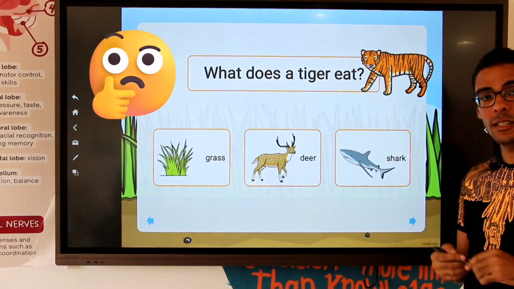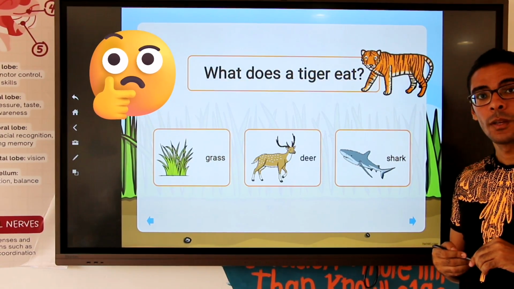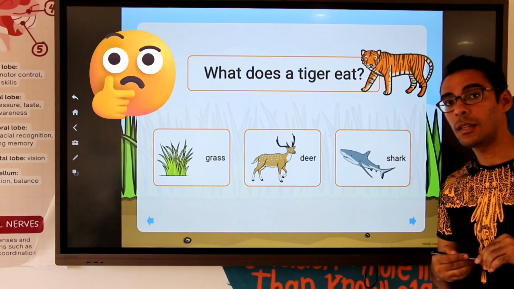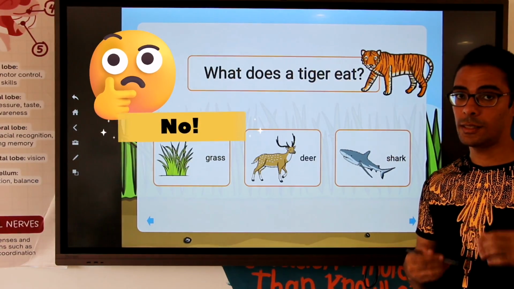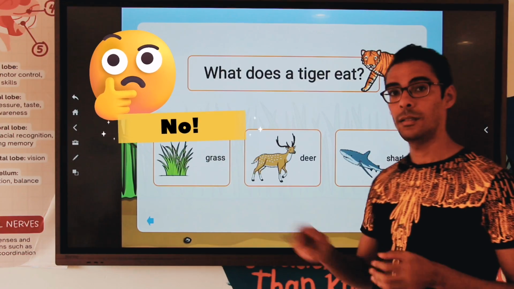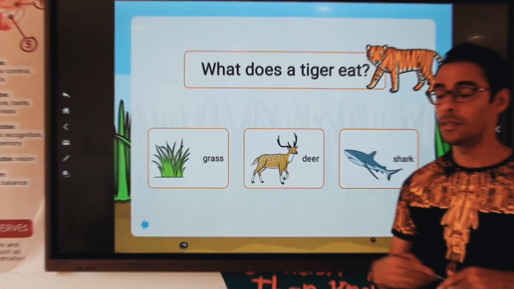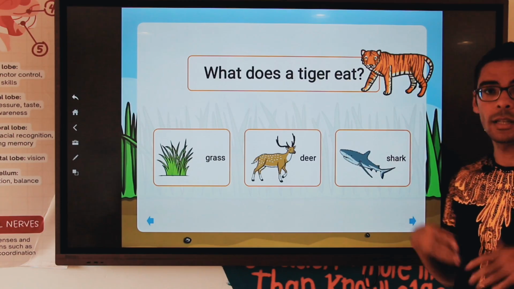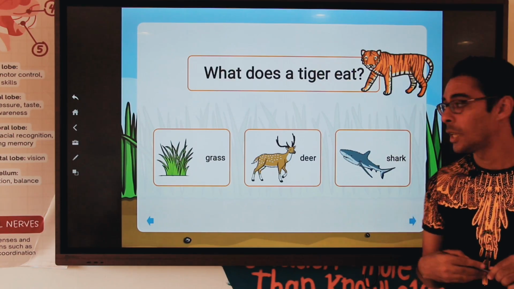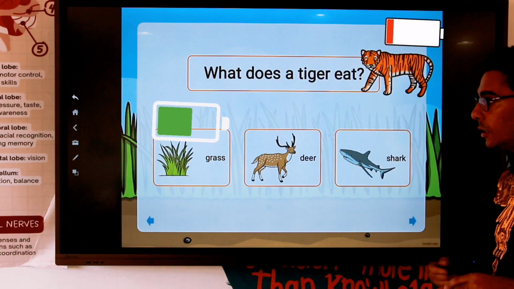Do all animals need to eat? Okay, maybe they all need to eat. But are all of them eating the same kind of food? That's the question that you have to think about. Does the tiger eat grass? That's a problem. The tiger doesn't eat grass. This is not the favorite kind of food for the tiger. It's not a grass eater. So the tiger might be looking for a source of energy, but it's not going to be grass.